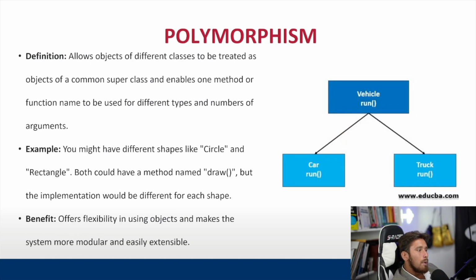The next one is going to be polymorphism. So this one is a little bit tricky on the mouth. Weird word. It sounds very confusing, but it's actually not as bad as you think it is. So inside of polymorphism, we allow objects or classes to be treated as objects or classes of a superclass. They don't have to be parent and children, but what we can do is we can actually write a function,